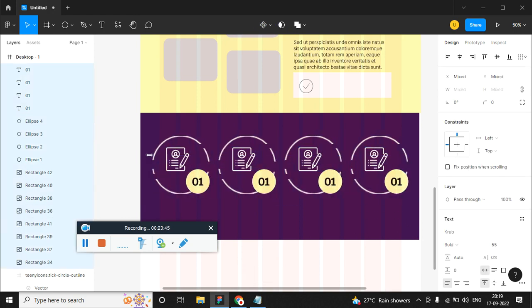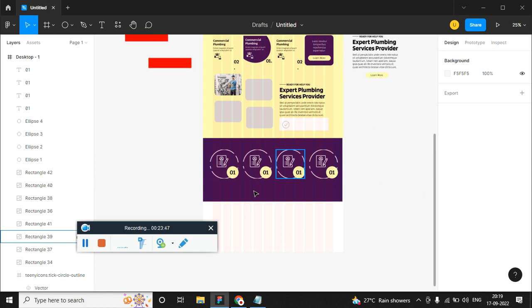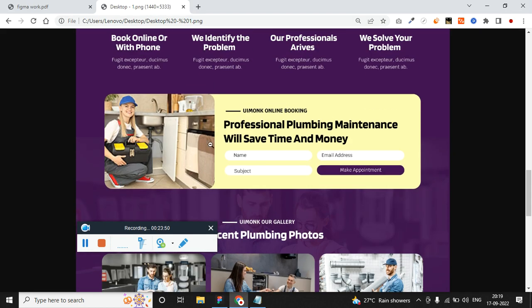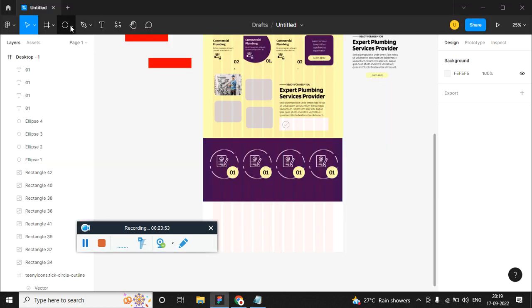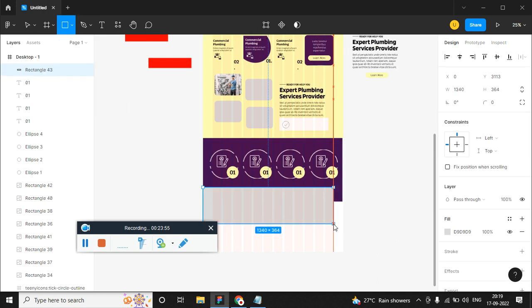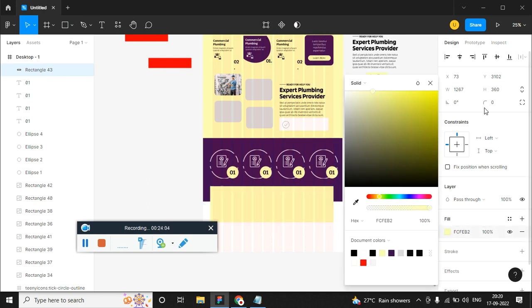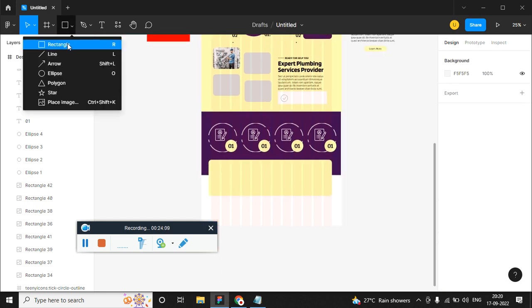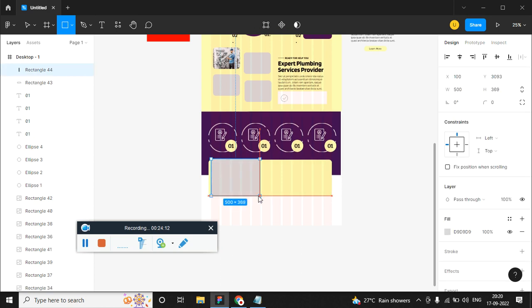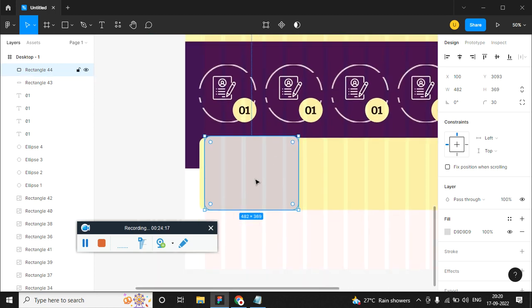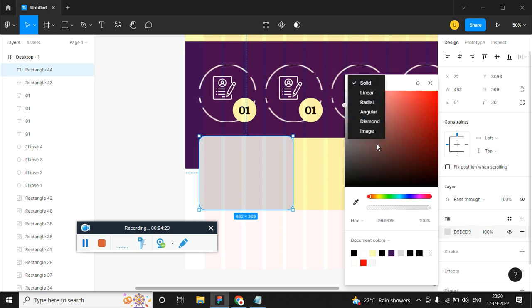select all, adjust the height, width, adjust the section accordingly, and you can have the text below. It's up to you. Now to create this section below, select the rectangle again, properly follow the grid to maintain consistency. Let this be yellow, 30 pixel, again a small rectangle, 30 pixel, zoom in properly, hide the below one, change the image,